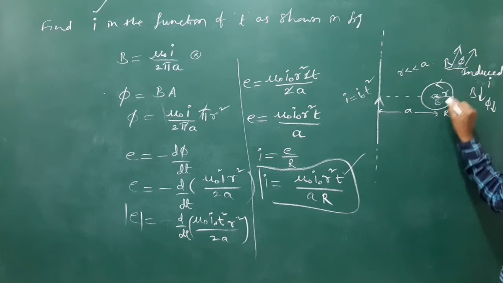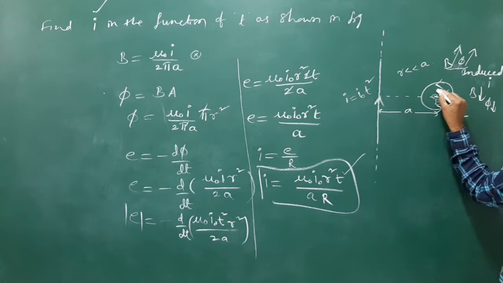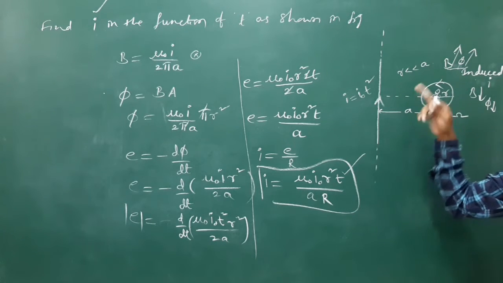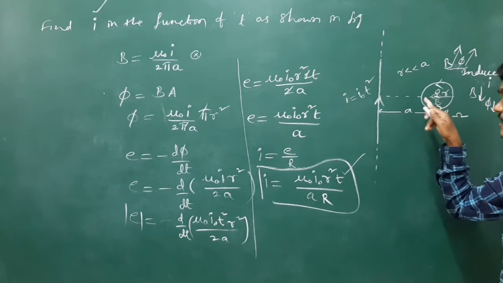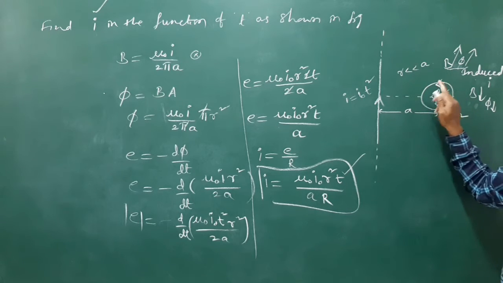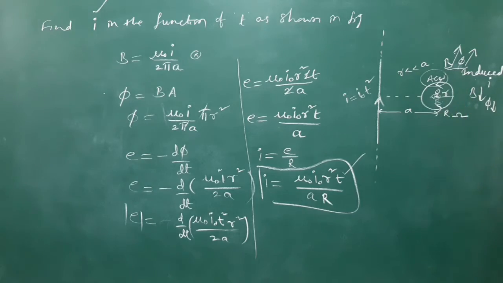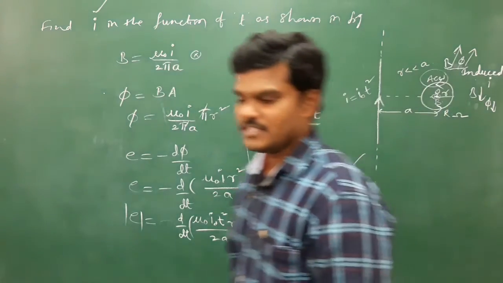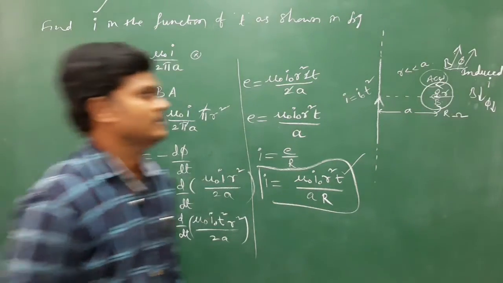That means if I put an arrow mark like this, anti-clockwise, then it will create an outward magnetic field. If I put an arrow mark clockwise, that will create an inward magnetic field, so the field increases, which is wrong. So the field has to decrease by the induced current. So the direction of the induced current is anti-clockwise. Just to recall the last class and identify the direction.